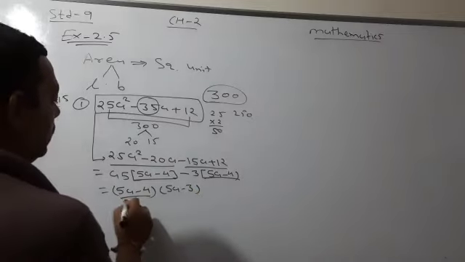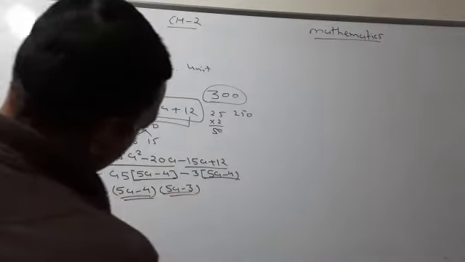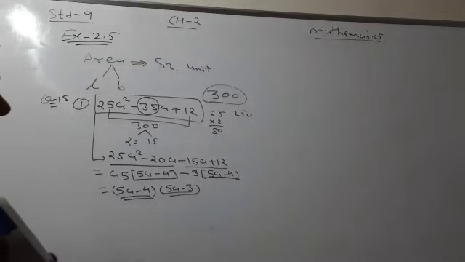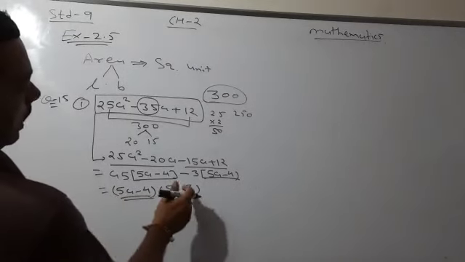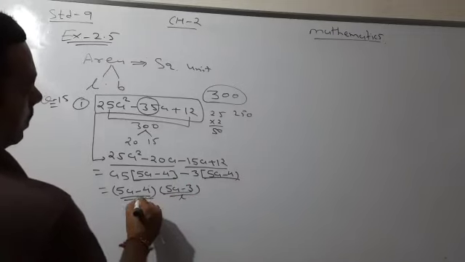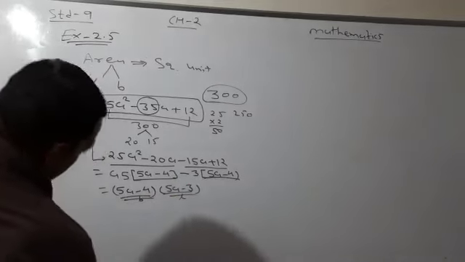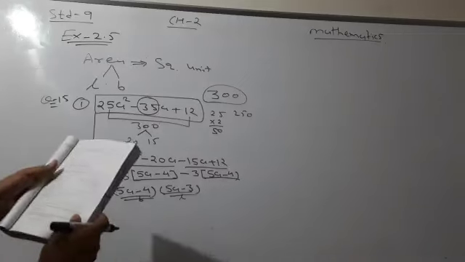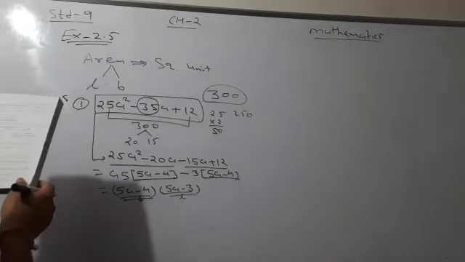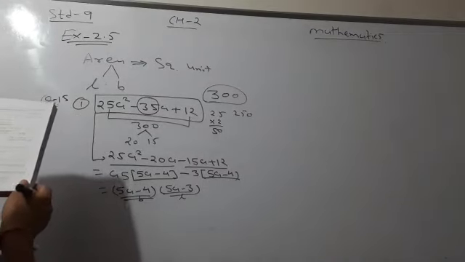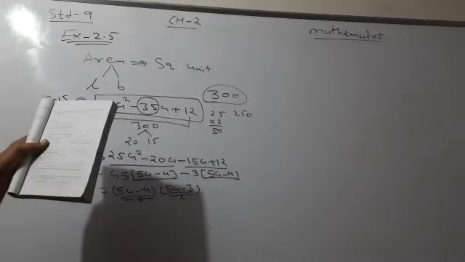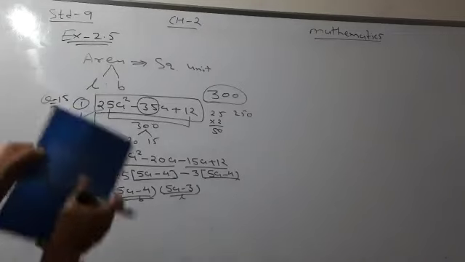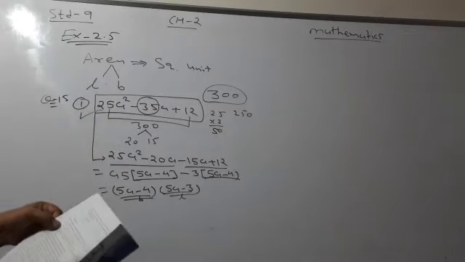So we can say the length and width are these. Usually, length is considered more than width: 5a minus 4 and 5a minus 3. So length is this, breadth is this. This is the answer for the length and breadth of the given rectangle whose area is this. Now, you have to solve the second question the same way. Now, the last question of this chapter.